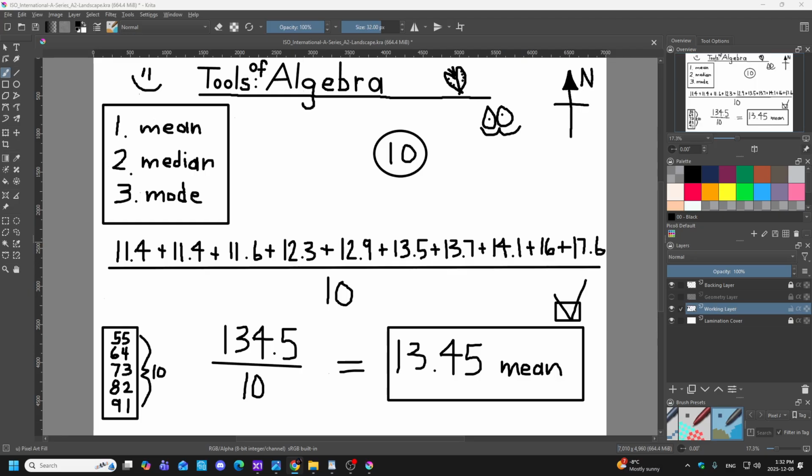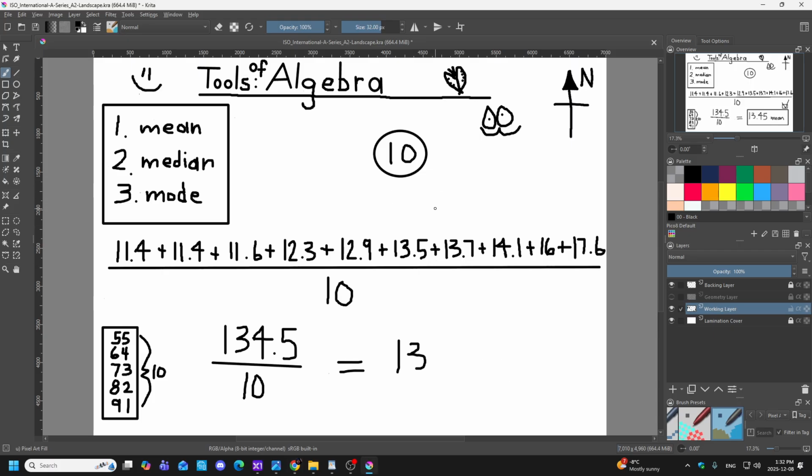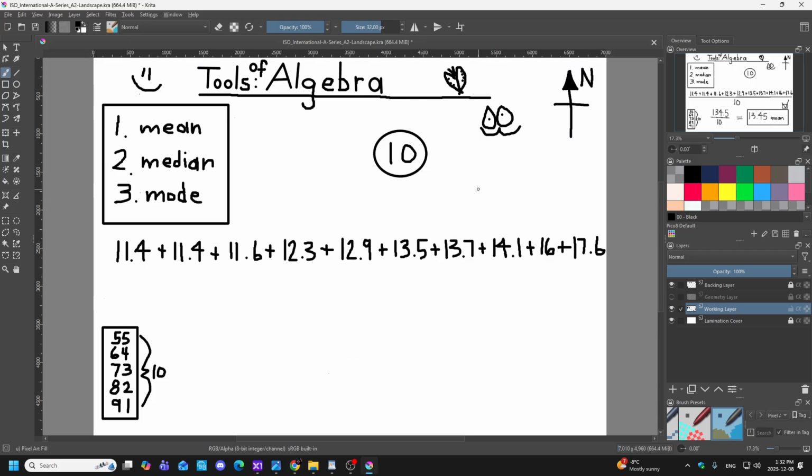Okay, median, the middle value. We have 10. Okay. Let's just clean that up. We have 10, right? So I'm going to subtract 2 because we have an even number. So I'm going to subtract 2. So that gives me 8. So that means I'm going to have